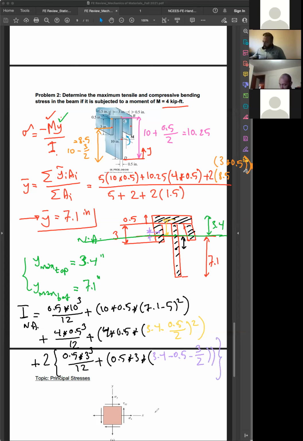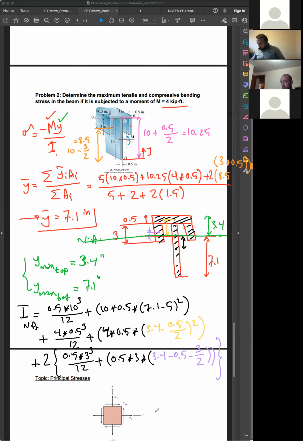All right. So the summation of all of this: half times 10 to the power of 3 over 12, plus 10 times half times 7.1 minus 5 squared, plus 4 times half to the power of 3 over 12, plus 4 times half times 3.4 minus 0.25 squared,